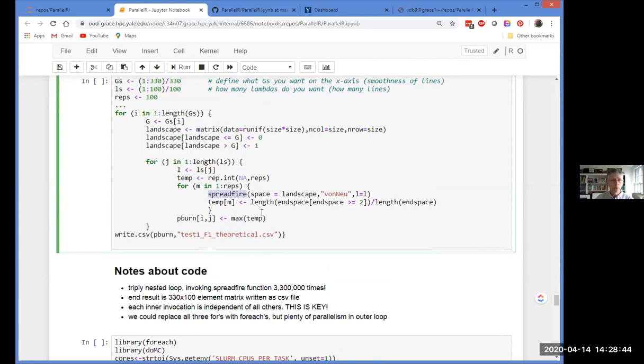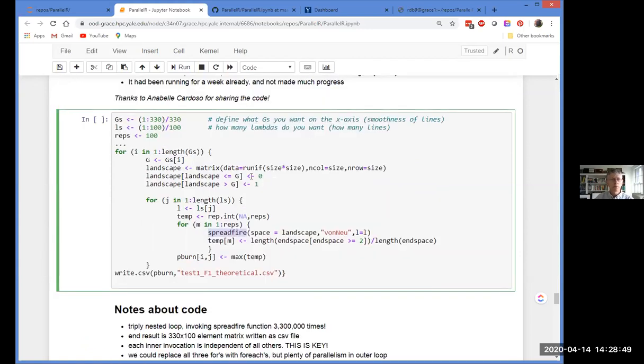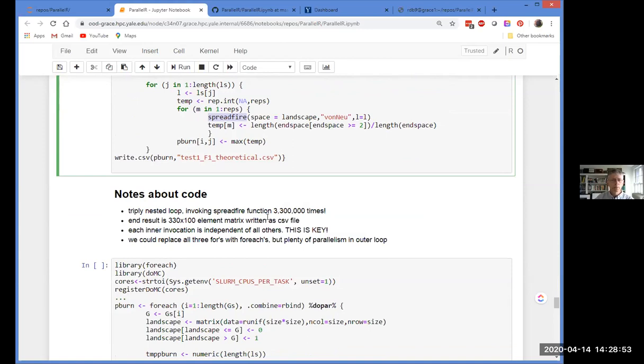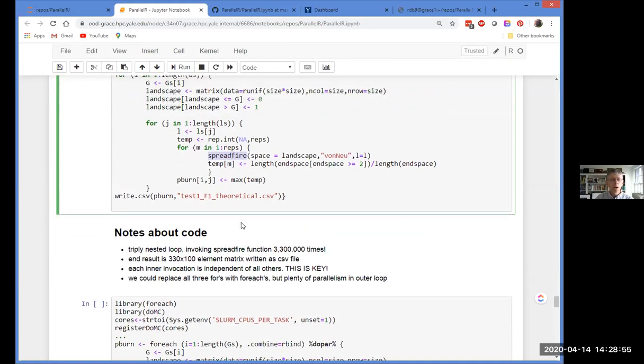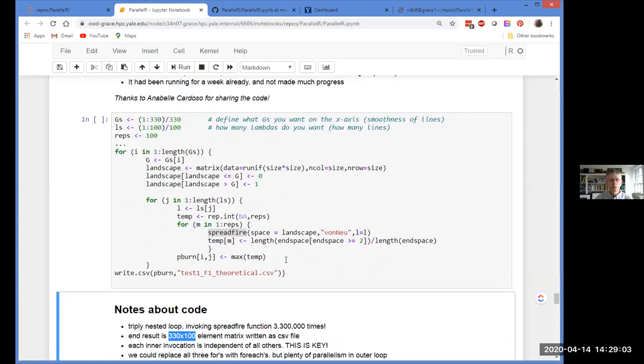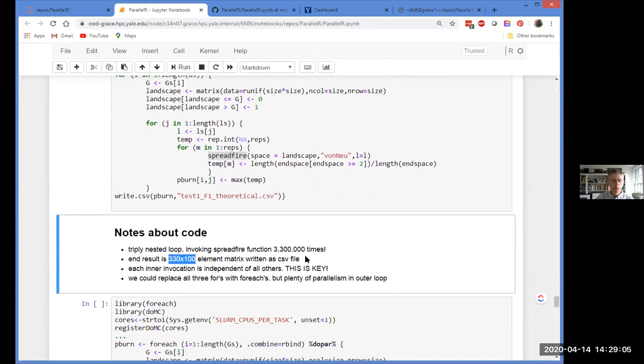So doing 3 million of those was going to take quite a while. And if I recall right, she wanted to run this on even bigger sets of iterations. At the end of the day, we're going to get a matrix of 330 by 100, basically G's times L's dimensions.